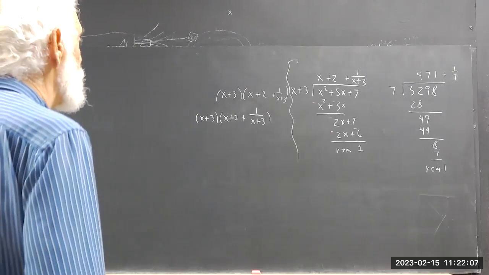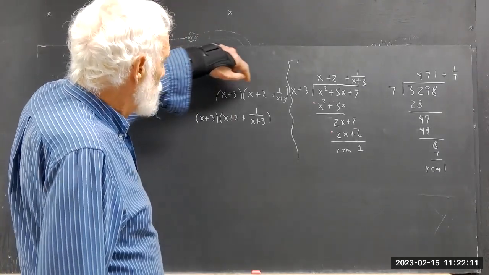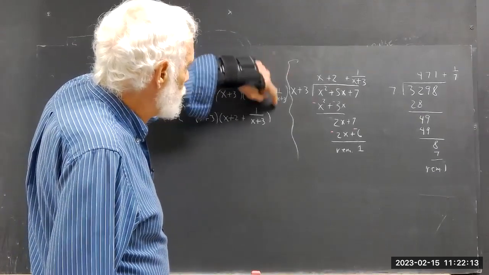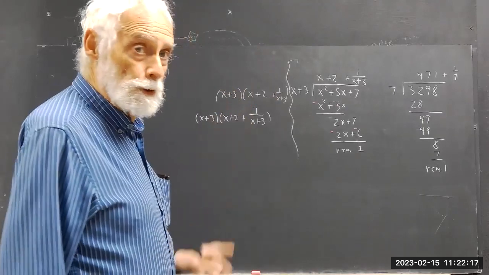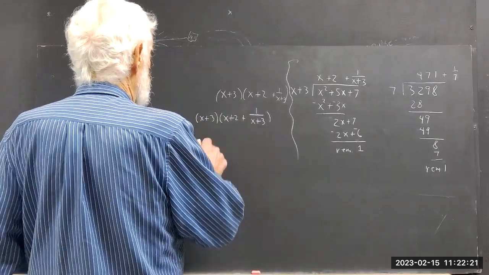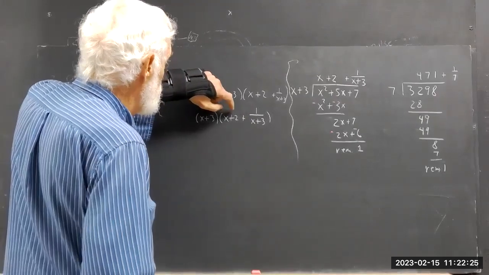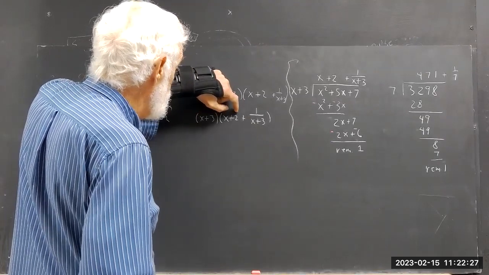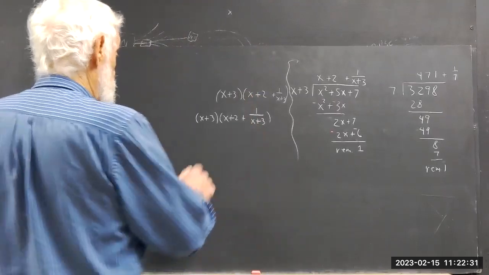Okay, well. I'm going to multiply this by this. Now, this isn't written out all that nicely, so I wrote it out a little more clearly. And how do we multiply this? Well, we use the distributive law: x plus 3 times x, plus x plus 3 times 2, plus x plus 3 times 1 over x plus 3. That gives us